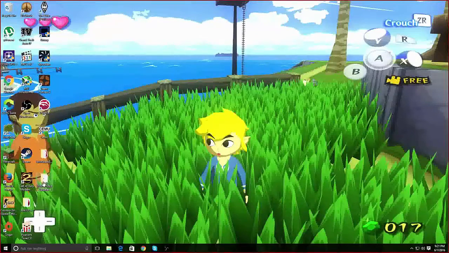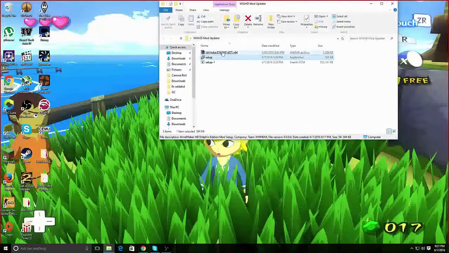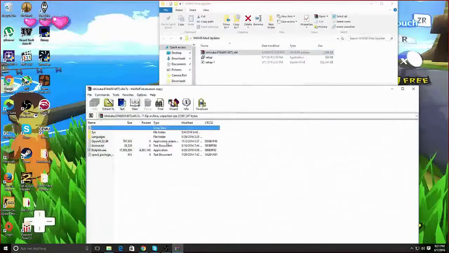Okay, and now when you've downloaded it, extract it to your desktop or wherever you can do it best. Extract the Dolphin Ishiruka version if you don't have it already. Just extract it here somewhere. Oh yeah, and before that, if you never opened this before, just click on Ishiruka and then click dolphin.exe,